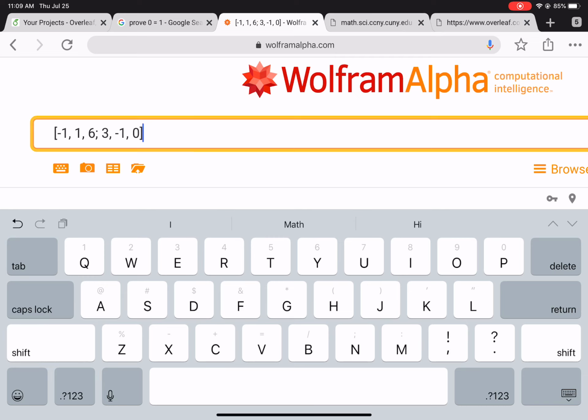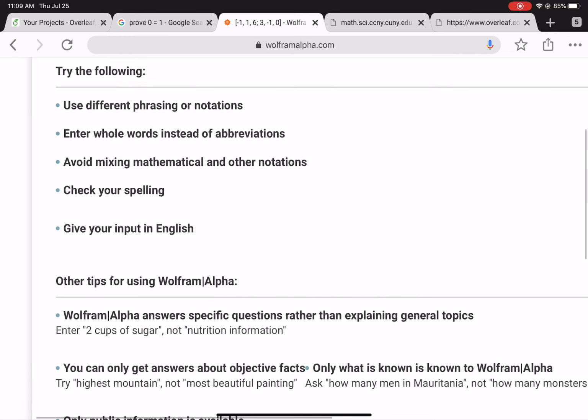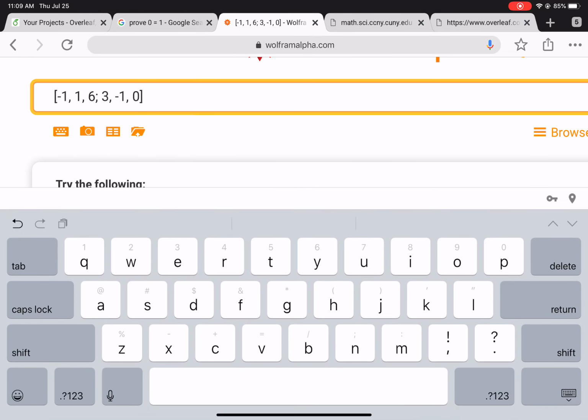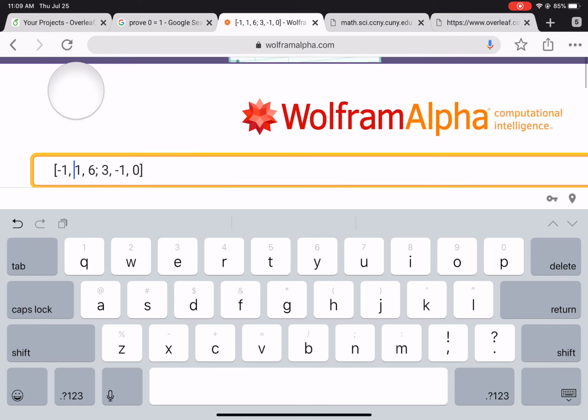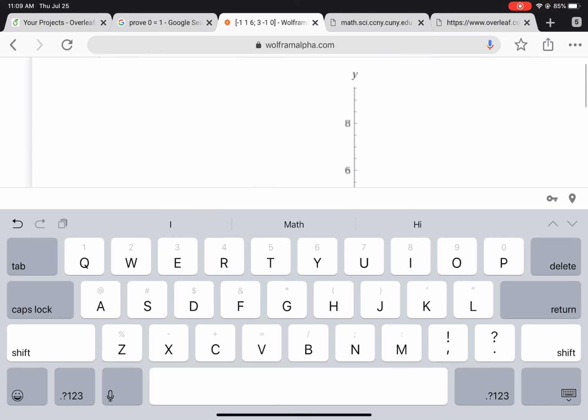Let's enter this. Oh, it's not understanding. Let me see if I can put, instead of comma, just nothing in there. Let's see what happens if this is like this. Yeah, it didn't understand what I was trying to say. But anyway,